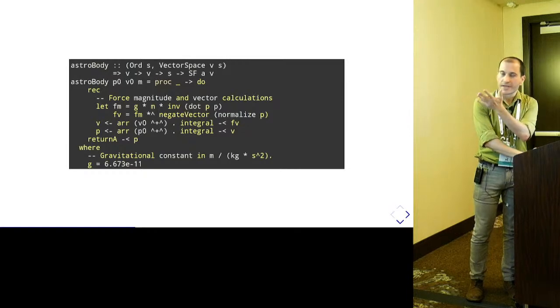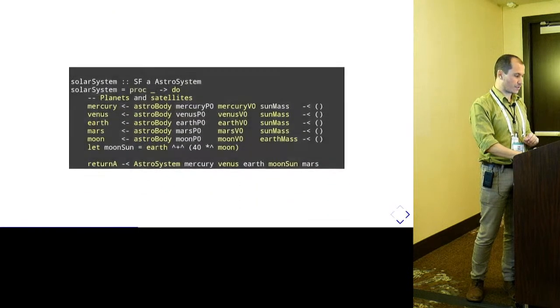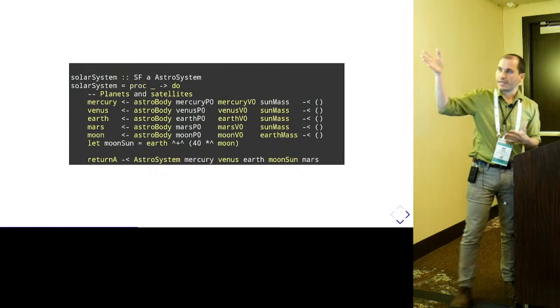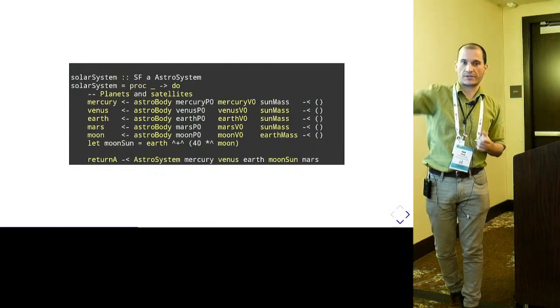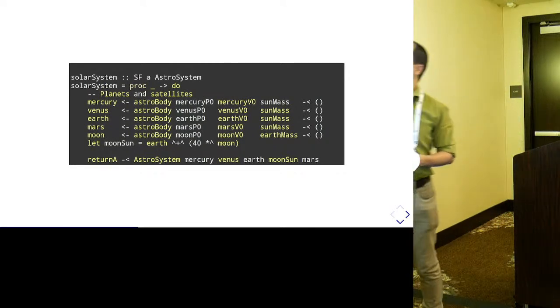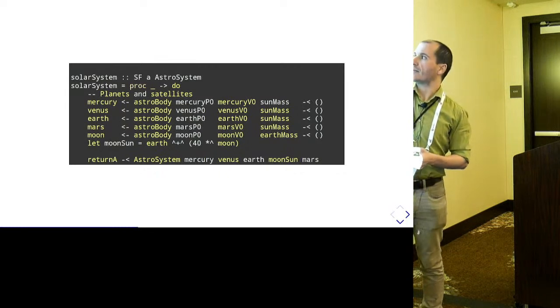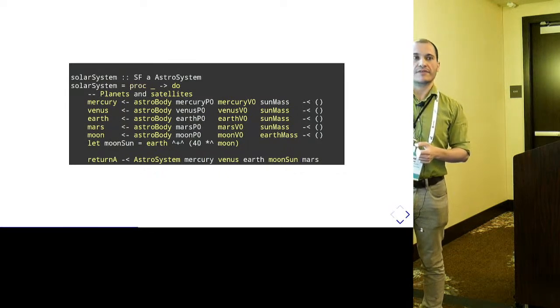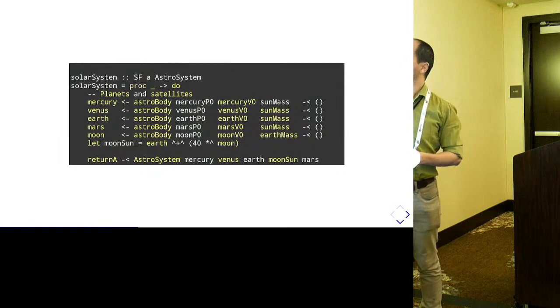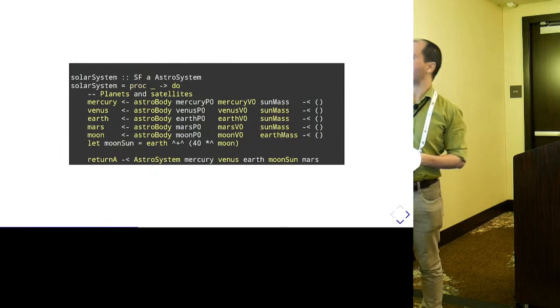And when you just write the equations, again, from the textbook, and you calculate the positions of the different astronomical bodies, you say, well, Mercury starts at this position with this velocity, and it orbits around the sun, so I have to put the mass of the sun in the equations. Same thing for all the other planets. And then the moon, I put the mass of the Earth.